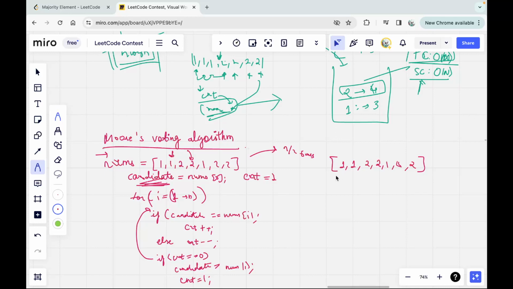So this is the array given to us. I pick this as my candidate, and count is currently 1. Then I move to this. So what would happen? Candidate will remain 1 and cnt will become 2. Great. Then we will come to 2. Now I can see count is not 0, so I'll not do anything with the candidate. I'll simply reduce the counter to 1. Then I'll come to this 2. Then I'll decrease the counter again